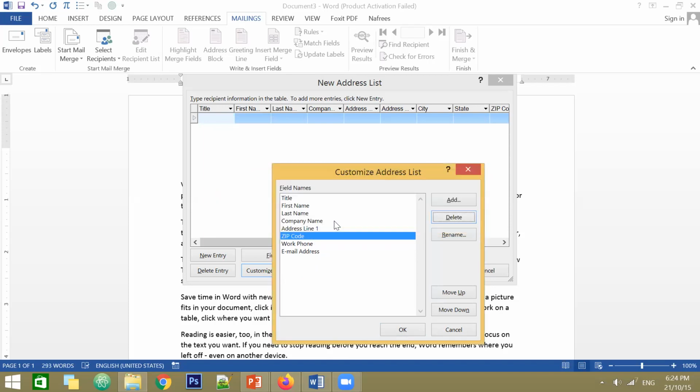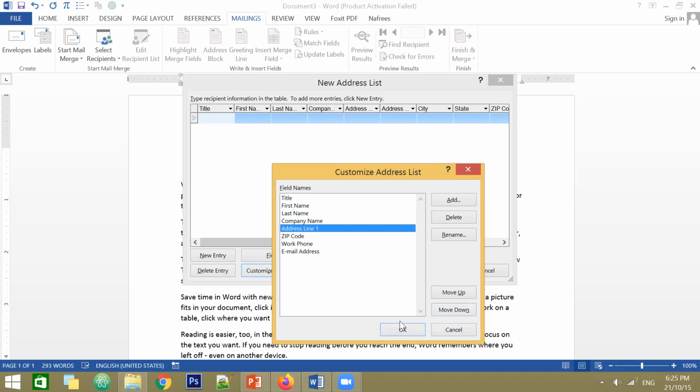Just remove all the fields which you don't need in your letter or for your mail merge purpose. And if you need to interchange the column positions, you have to select the column name or column heading, then you can use the move down or move up button to interchange the position.